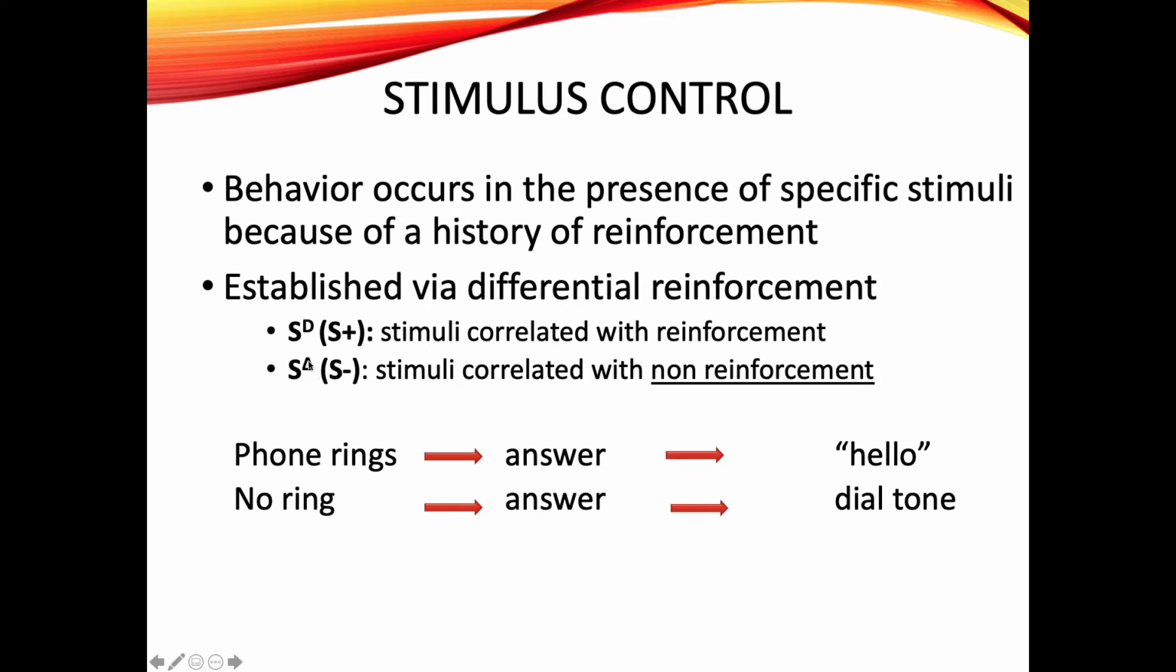In the presence of an S delta, if the response occurs, no reinforcement. So in a loose example here, when the phone rings, we answer it, there's some reinforcement. When there's no ring, if we were to answer it, there's no reinforcement. So our behavior, the behavior of answering, comes under the control of a phone ringing. So if we think about this in the context of teaching individuals who are otherwise having difficulty learning the skill or engaging in the correct behavior under naturalistic conditions, that is, without any help,